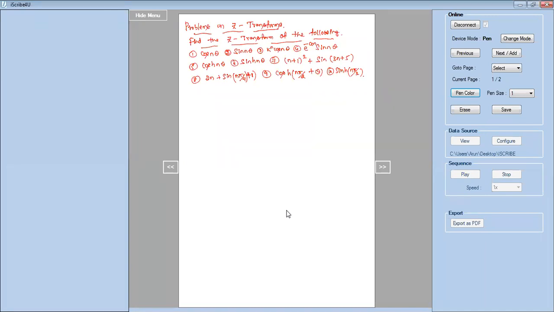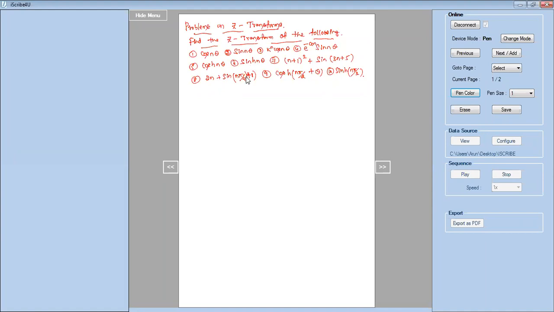So one question in the annual examination will come from the basic Z transformation problems. It will be a problem in the form of this list. And one more thing is, if you learn one problem, the other problem becomes easier. If you know how to find Z transform of cos, sin becomes easy. So cos h n theta, sin h n theta is easy. So listen properly. These problems are very important.